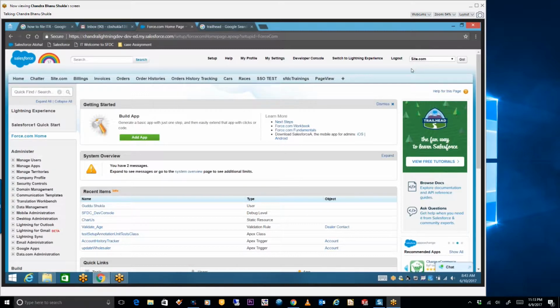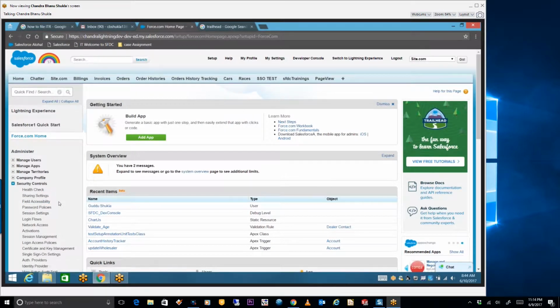When I'm saying the configuration part, it covers all the administrative work, the point-and-click method. There is no involvement of coding. Then they will ask you to rate yourself in the configuration part. When we say rate yourself, we are asking how much you know about security control. For example, I will ask you, do you know what the organization-wide default setting is? Do you know how to control records? What are the different types of records?